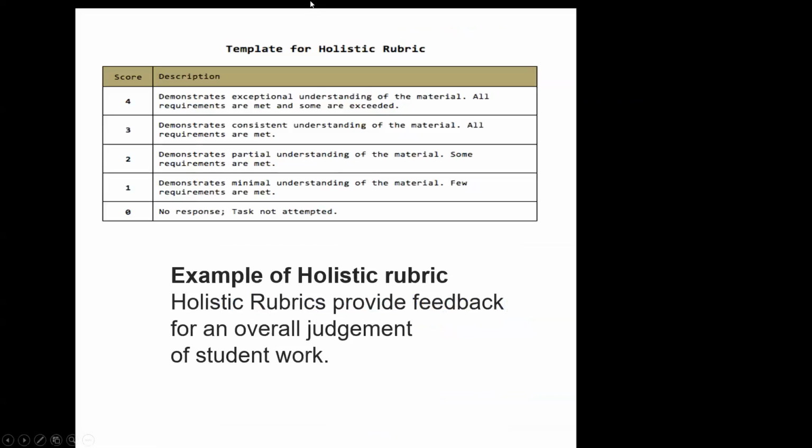Right, this is the example of a holistic rubric. So you see, you don't have to write anything. You've already got the descriptions, and you've got the score from 4 to 0. So all you need to do is just circle the score. Okay. And so the holistic rubrics provide feedback for an overall judgment of students' work, as I said just now. So this is just an overall feedback.